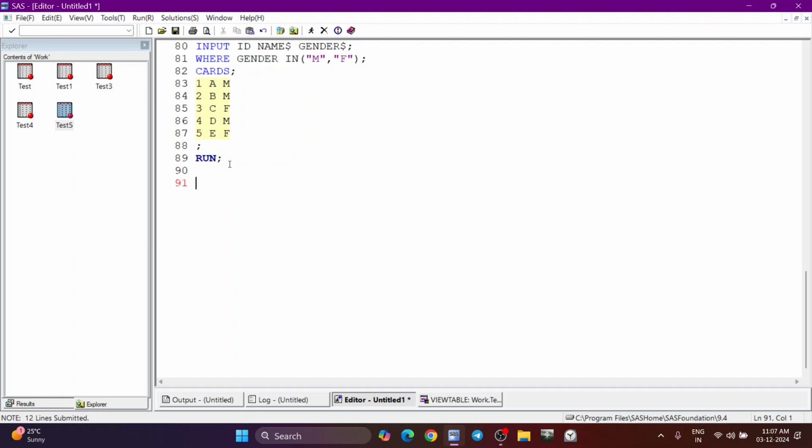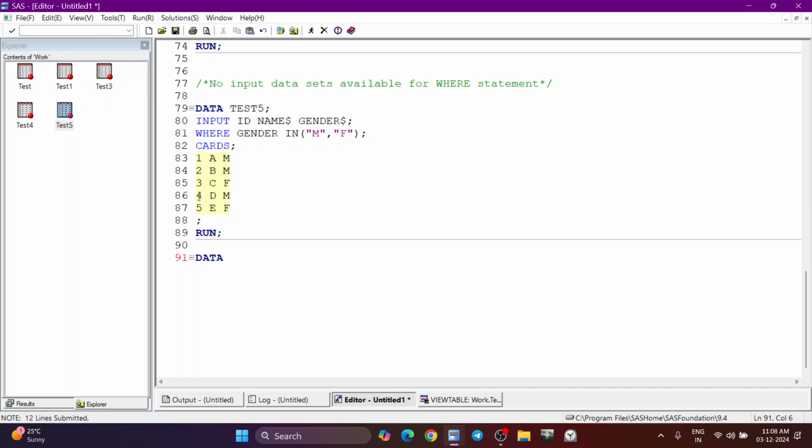So second one, when it's required to execute multiple conditions, we can use it when we require to do multiple conditions. Let's see one example of this. Let's take this data, test 6. We have the test file. Let's take the data test 6,